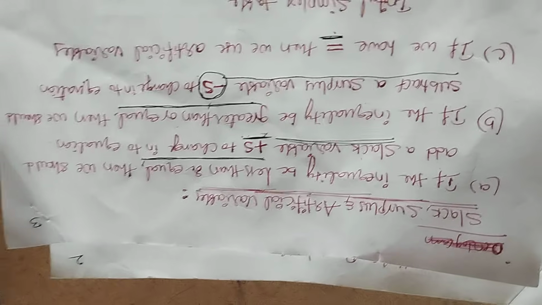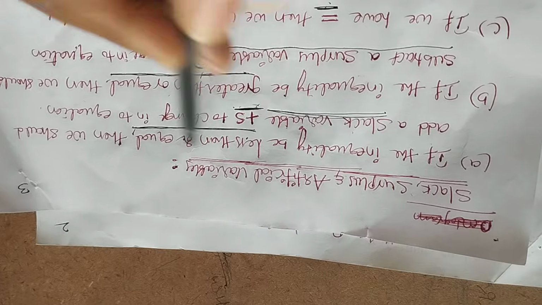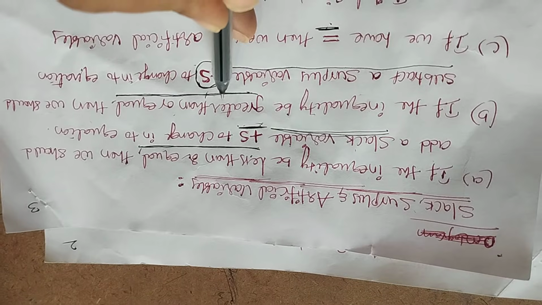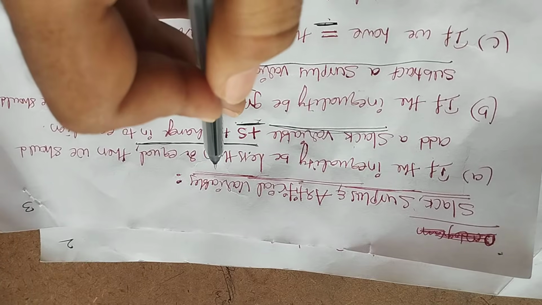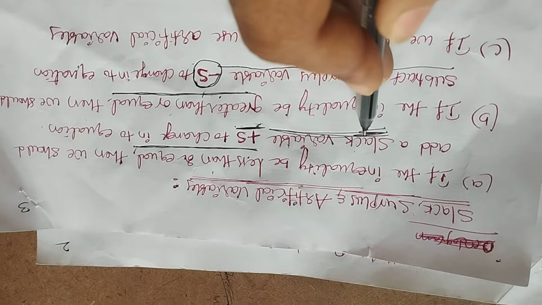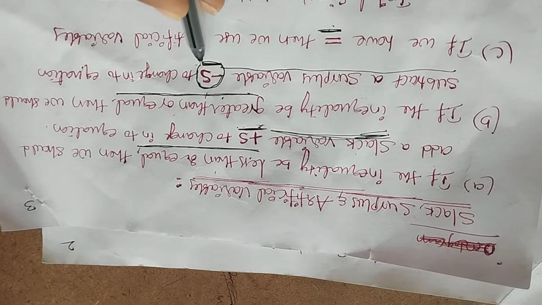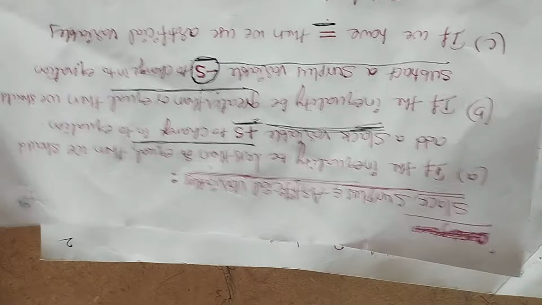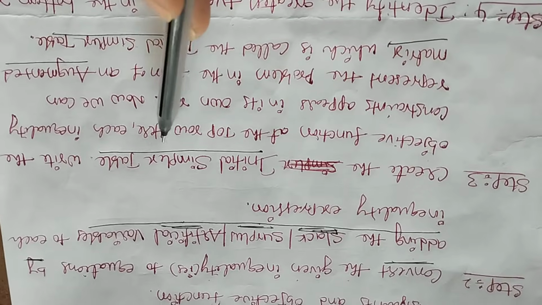In maximization, we know that less than or equal to is there. In minimization, greater than or equal to 0 or greater than or equal to some value. If the less than or equal to value exists, then we should add slack variables. If the greater than or equal to 0 value is there, then we should add surplus variables. Okay, and after adding these, the third step is to create an initial simplex table